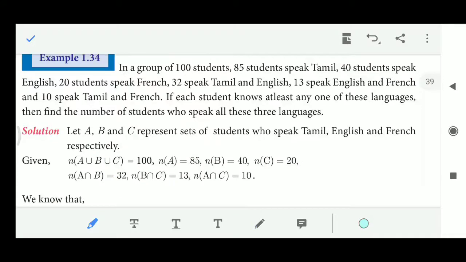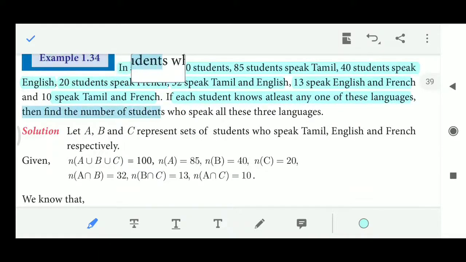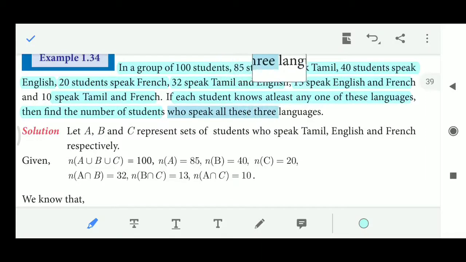Next, example 1.34. In a group of 100 students, 85 students speak Tamil, 40 students speak English, 20 students speak French, 32 speak Tamil and English, 13 speak English and French, and 10 speak Tamil and French. If each student knows at least one of these languages, then find the number of students who speak all